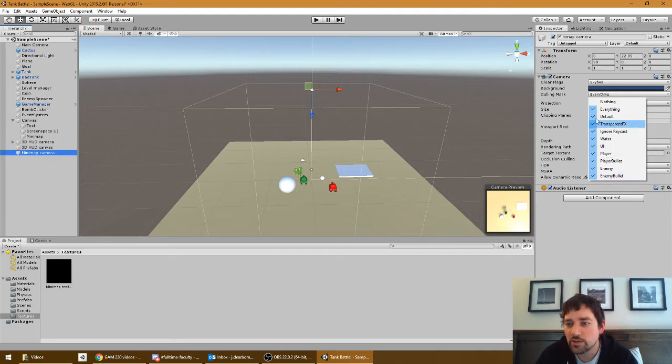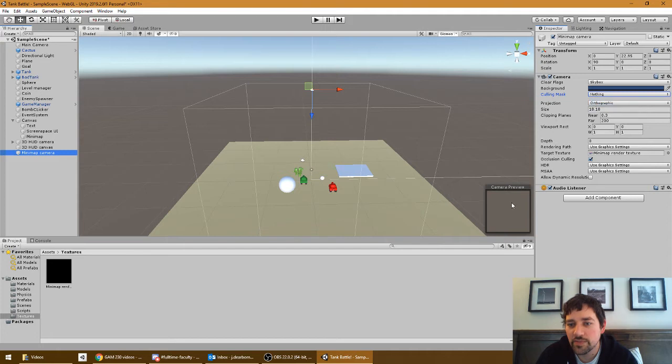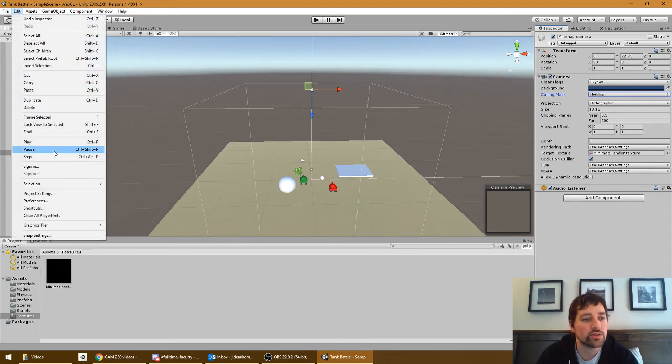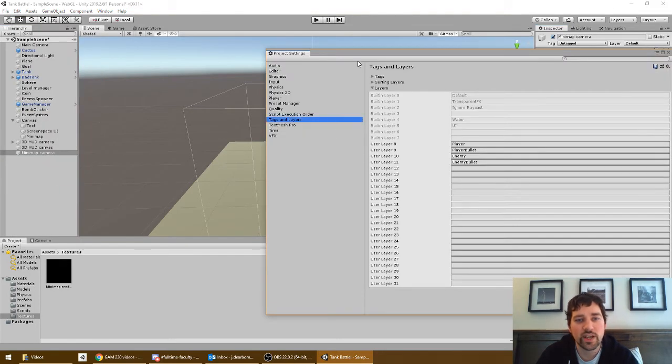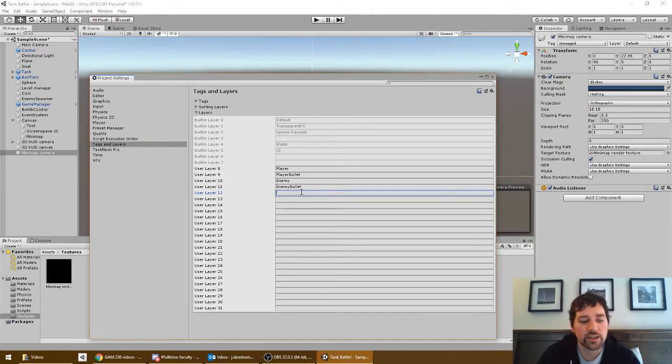So I kind of want it to not render really any of this stuff. So I can click on nothing and start fresh here. I actually want to make new layers so that I can be specific about which objects get to show up in the minimap. So let me go to my project settings, tags and layers, and I'll add a couple of layers. I would like minimap only